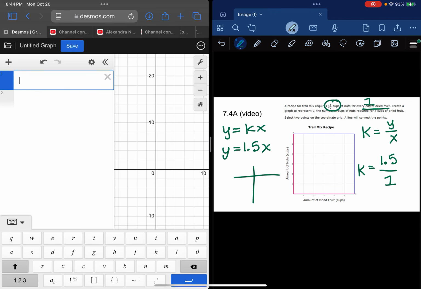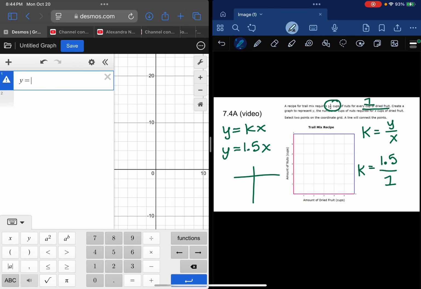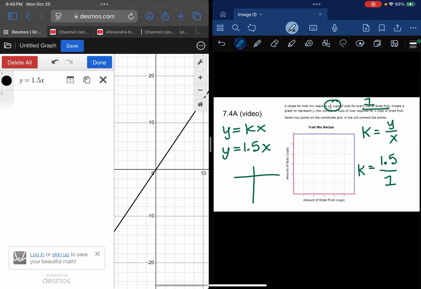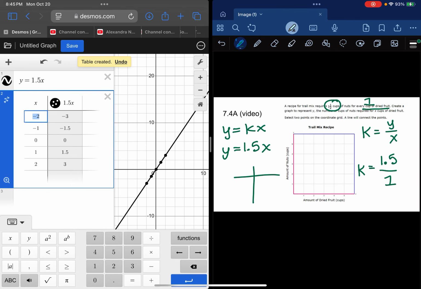heading over to Desmos. I will put in the equation that we found, y equals 1.5x, and then I'll go into the settings. I'll hit the table, and I see a table come up with multiple points. You can choose any 2 points that go on this table, but I'm going to choose the simplest ones, which